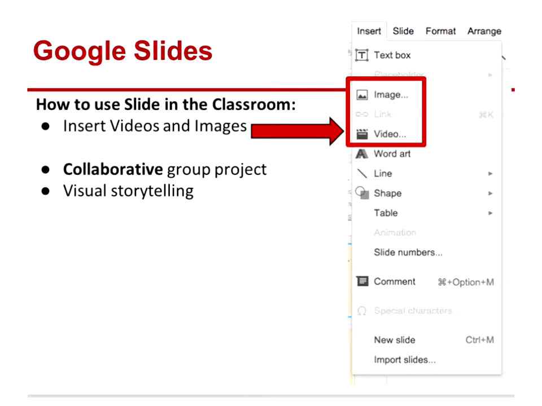Okay, so now we're going to talk about Google Slides. There are a number of ways that you can use Google Slides, especially with younger kids. I use Google Slides to insert videos, YouTube videos, because oftentimes when you're sharing a video with students, you have all of these little ads on the side and suggested videos that pop up. Well, this was my solution. It helped me in terms of the videos that I shared with the kids. All they did was click on play, and the video would just play right in the Google Slide, and then they would usually have a response that they would have to do based on the video that they watched.